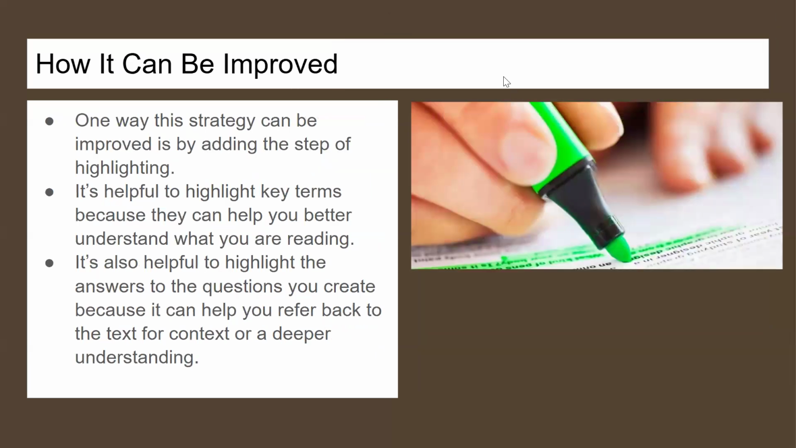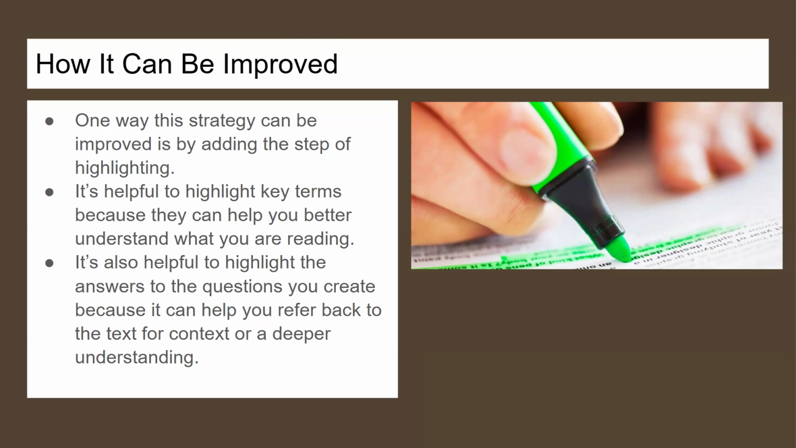One step that can be done to improve this, and it's actually something that I've already started doing myself, would be highlighting. I think highlighting is a very important step that everyone can use. Specifically in this strategy, I would add highlighting after reading, because when you read and you're searching for your answers, it would be very important that you highlight your answers,